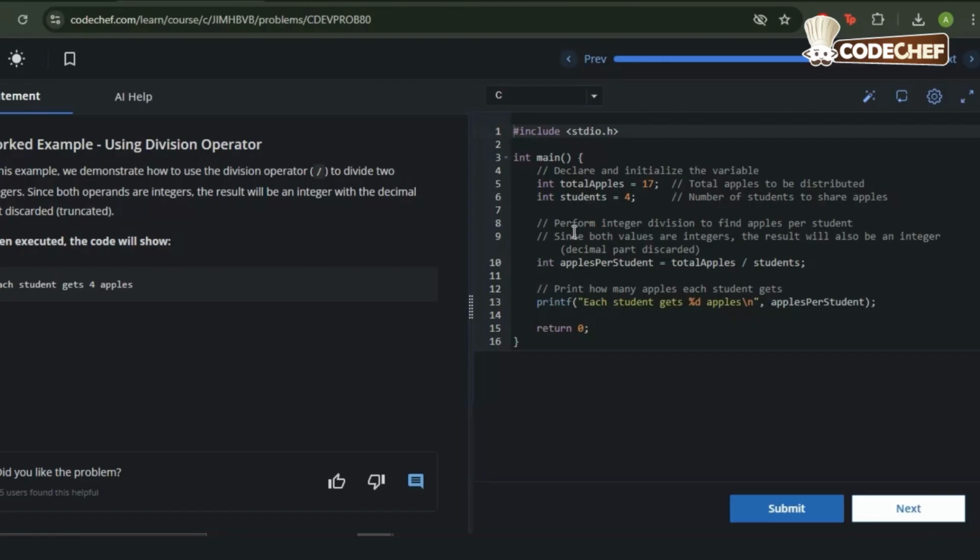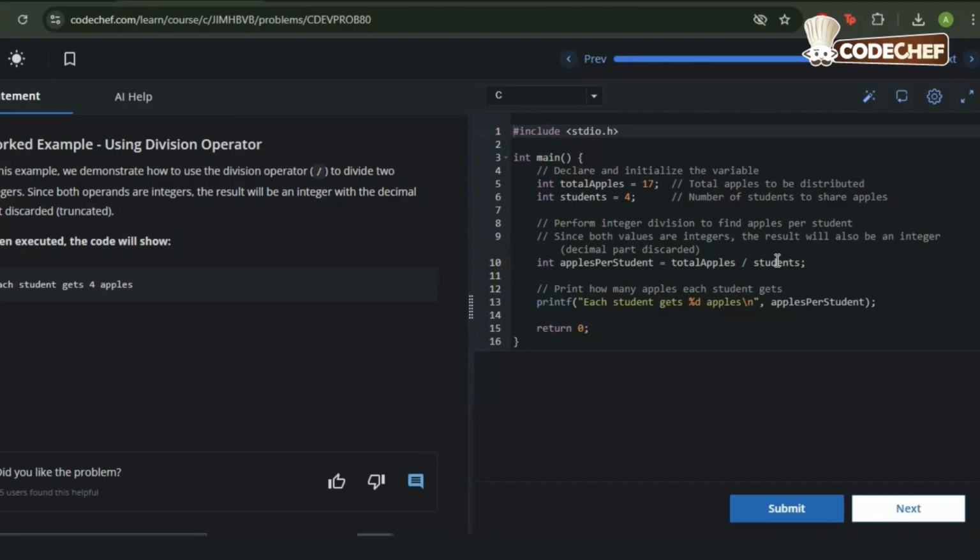Then is a comment explaining the operation we are about to perform, integer division. It is very important to remember that since both operands are integers, the result will be truncated, that is, the decimal part will be removed. In line 10, we can see int apples per student is equal to total apples divided by students. Here, total apples is 17 and students is 4.